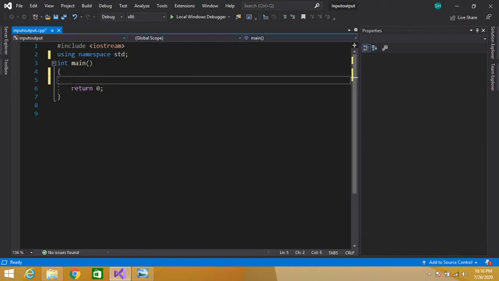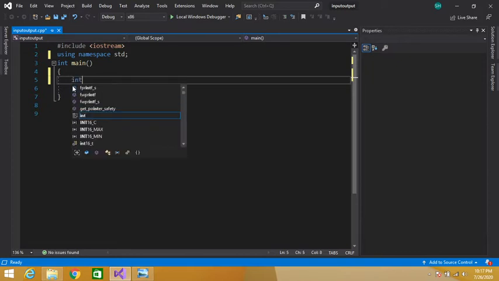Today we are going to study operator overloading. As we know, the basic arithmetic operators such as plus, minus, multiply and divide normally work with basic data types such as integer, float and long. The application of these operators with basic data types is already defined in our language. However, an error occurs if these operators are used with user-defined objects.